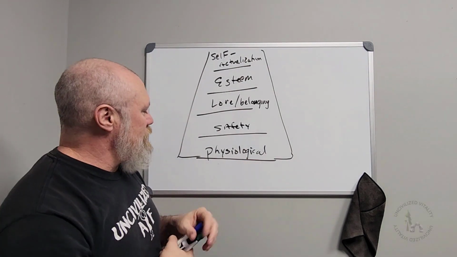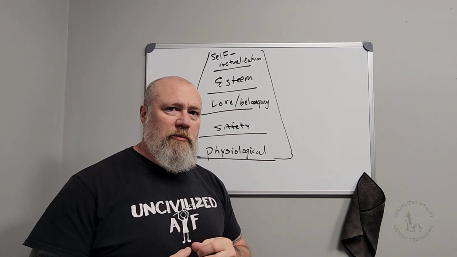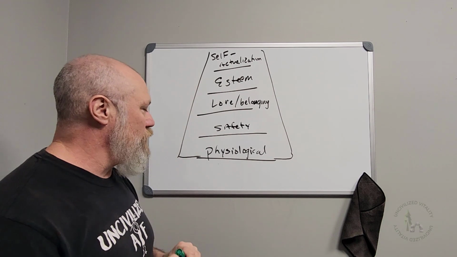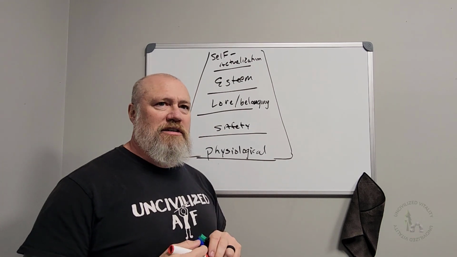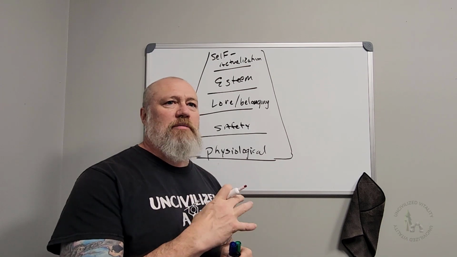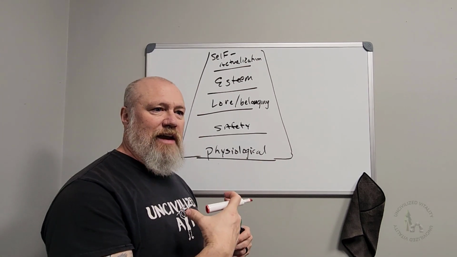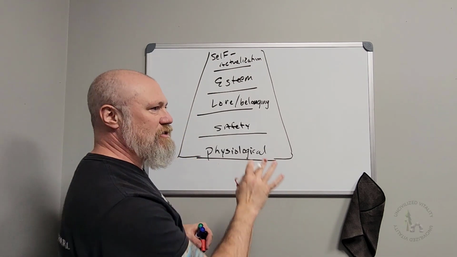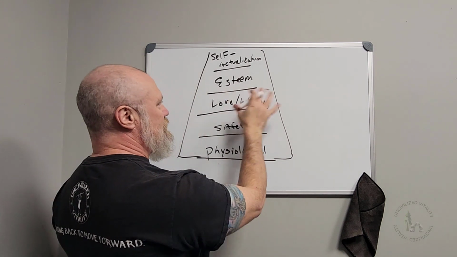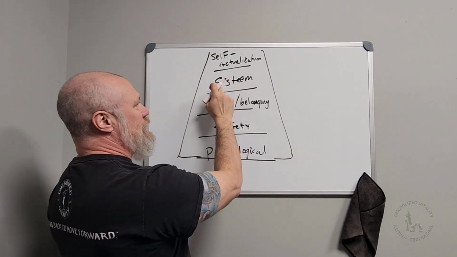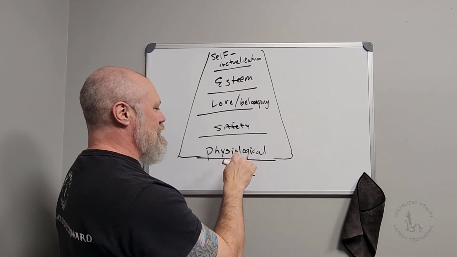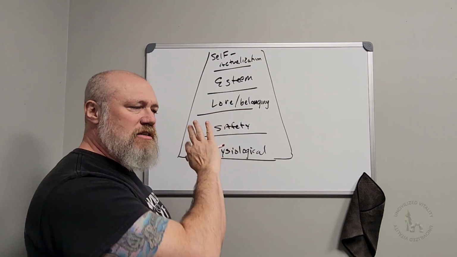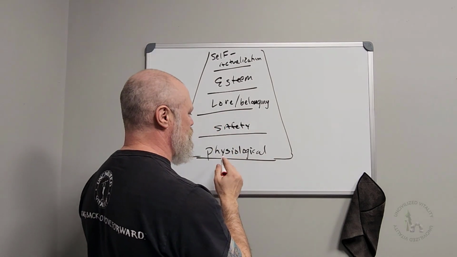One of the things Abraham Maslow talked about was, first and foremost, not just in your development, but in your everyday life, in order to remain healthy and happy, like in Uncivilized Vitality, you have to deal with certain, what I believe were referred to as deficiency needs. Like, you can't be missing these things first. These are needs that have to be fulfilled before anything else can happen. So you cannot have a deficiency here and build any of these other needs on top of that. It doesn't do you any good to develop self-esteem if you're not getting proper rest and sleep and nutrition, if that makes sense. So there is somewhat of an order to it. At least that's the way Uncivilized comes into it.